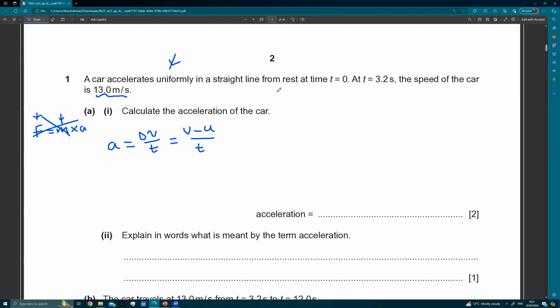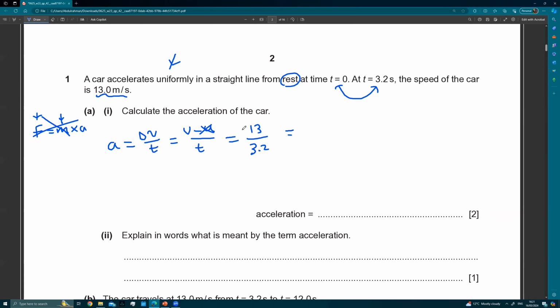That was the final speed of the car. Now the initial speed, u, and it says it accelerates from rest. Rest meaning the initial speed was 0, so v minus 0, over the time. How long did it take? Well, we went from t equals 0 to t equals 3.2, so it took 3.2 seconds. So acceleration in this case would be 13 over the time, which is 3.2. If you put this in your calculator,